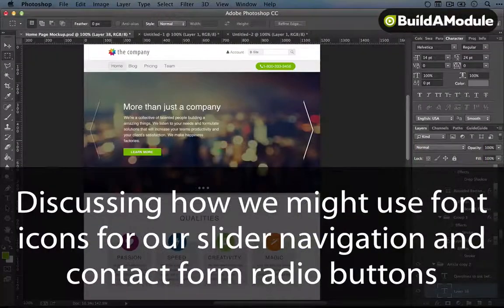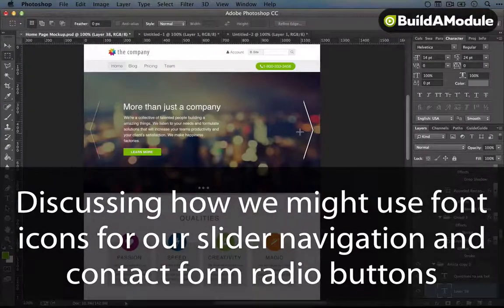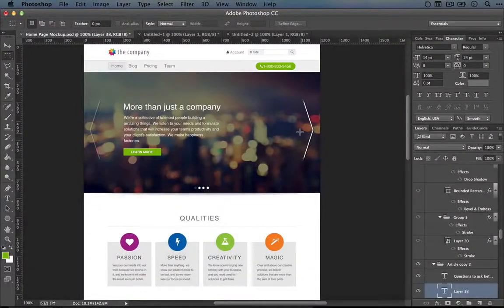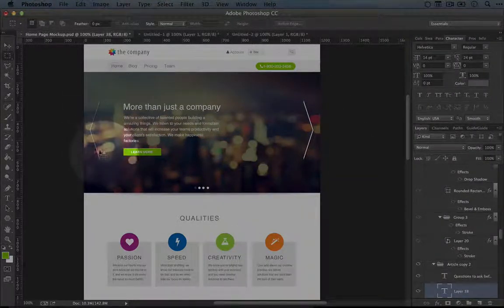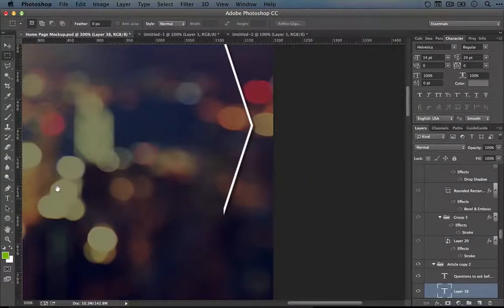Now let's jump back to our design and see where our next icons are. So there are a couple of elements in this slideshow here that look like they could be considered icons because they're a single color with exact shapes. So these right and left controllers here look like they could be just a font element with a drop shadow. We can zoom in to see how that works.